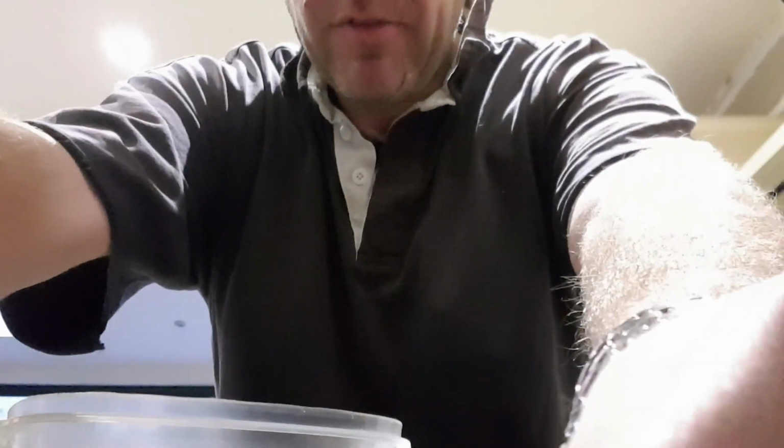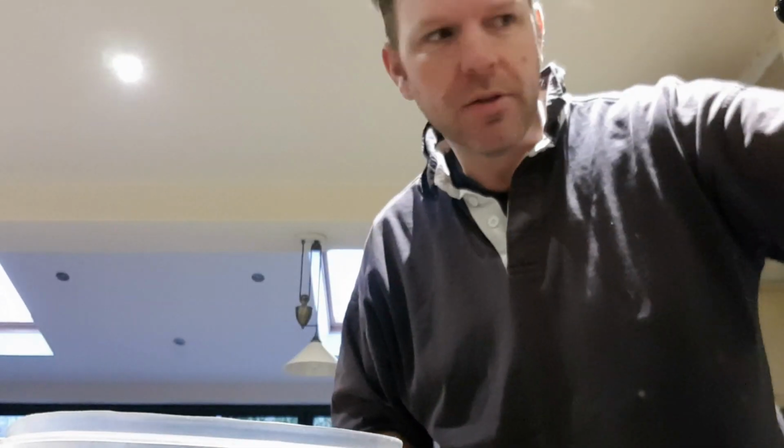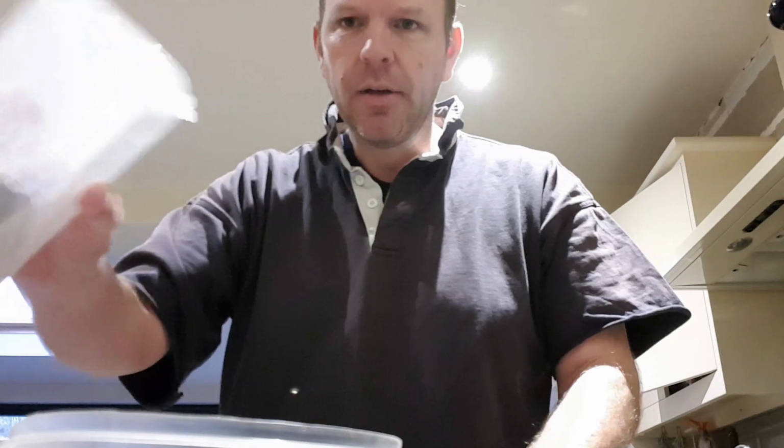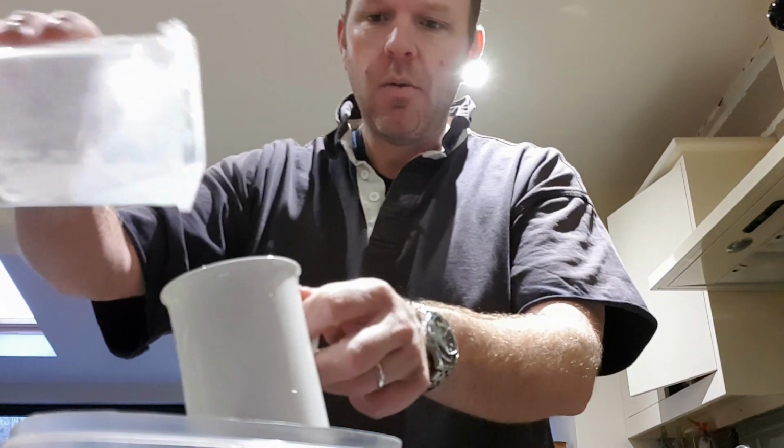I'll talk about measurements in terms of cups. I have a cup, I use that cup, and that's the cup I do all my measuring from. So it doesn't matter how big your cup is, because you use 1 cup of water, 1 cup of flour, a cup of starter. Hopefully I'm doing this on my own because no one else is awake. I've got a rye bread flour here, so I'm going to take 1 cup